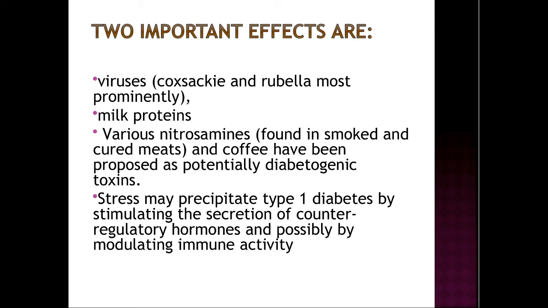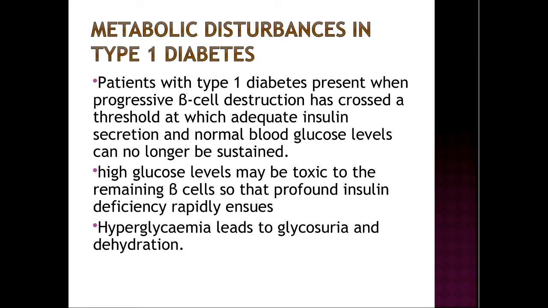Various nitrosamines found in smoke, cured meats and coffee have been proposed as potential diabetogenic toxins. Stress plays a very important role, like factors which stimulate the secretion of counter-insulin hormones and possibly modulate immune activity in first form. Patients with first type diabetes mellitus present when progressive beta cell destruction has crossed a threshold at which adequate